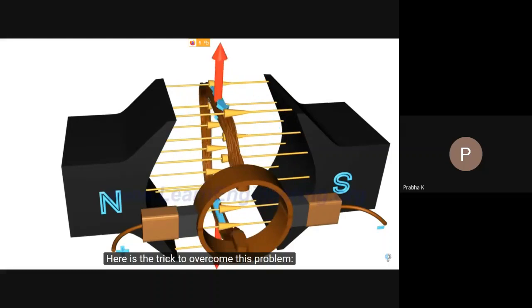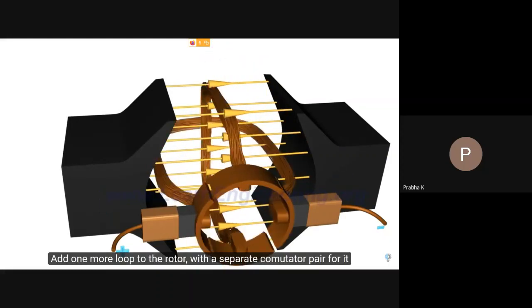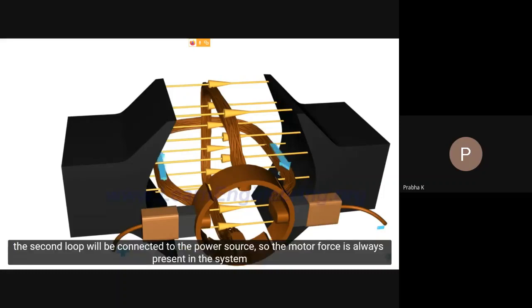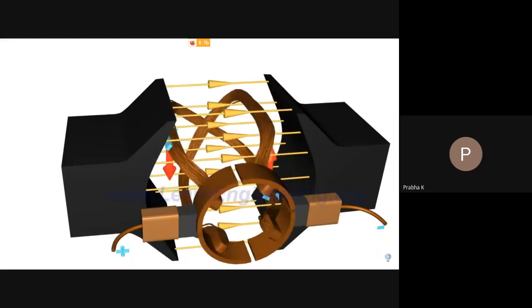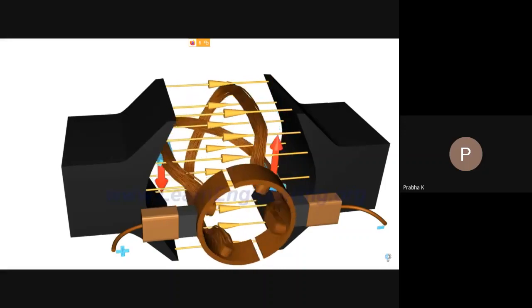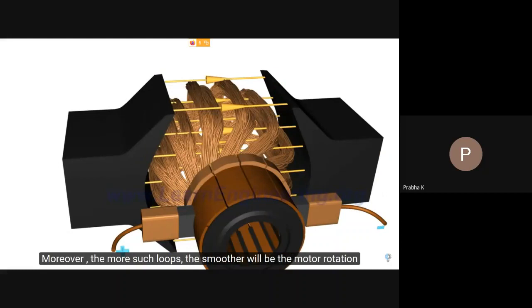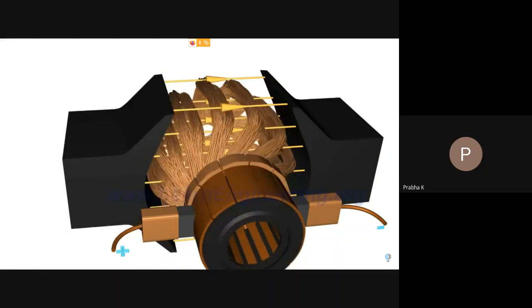Here is the trick to overcoming this problem. Add one more loop to the rotor with a separate commutator pair for it. In this arrangement, when the first loop is in the vertical position, the second loop will be connected to the power source. So a motive force is always present in the system. Moreover, the more such loops, the smoother will be the motor rotation.